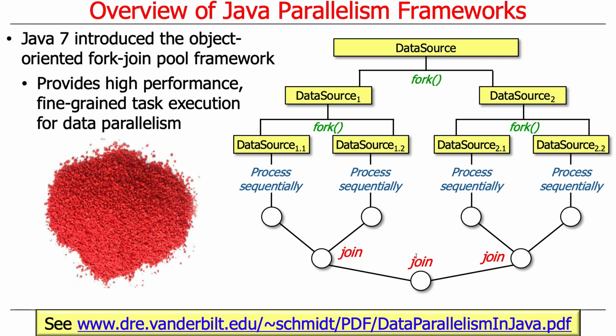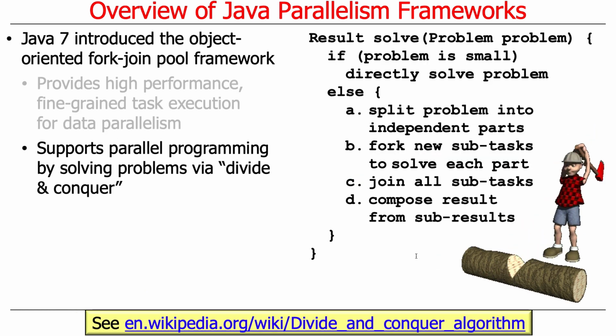The fork join pool framework is essentially about solving complex problems by splitting them up into simpler problems using divide and conquer as the programming paradigm. And I'm very proud of my animated GIF here that shows divide and conquer, right? So we take a big problem, we chop it up into smaller pieces, and then, of course, we would keep recursively chopping up those smaller pieces till we have a bunch of atomic-sized pieces.